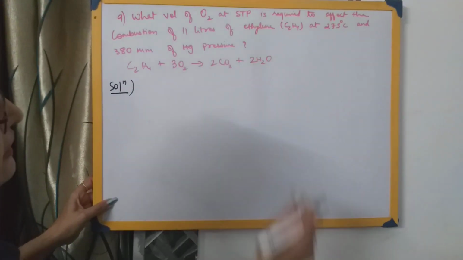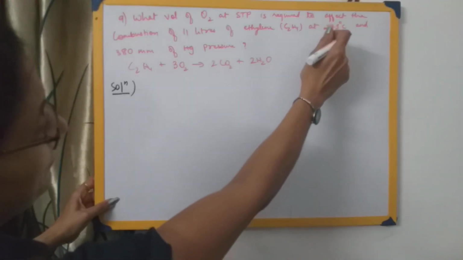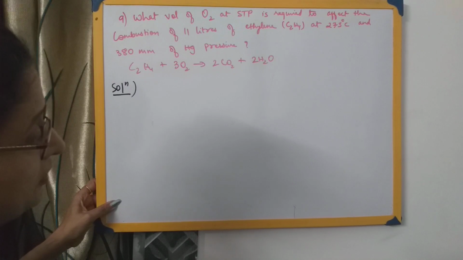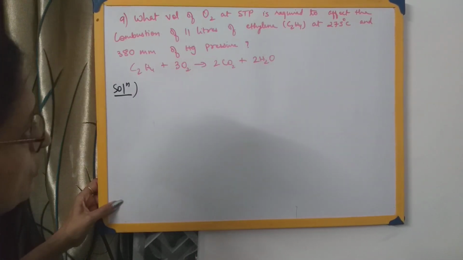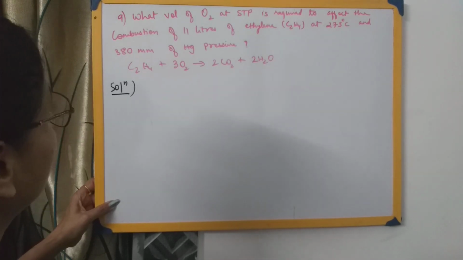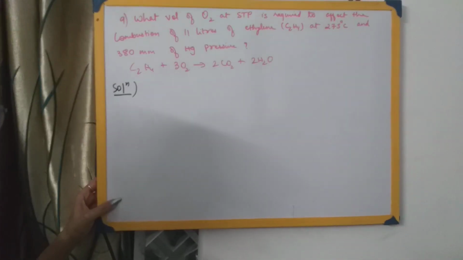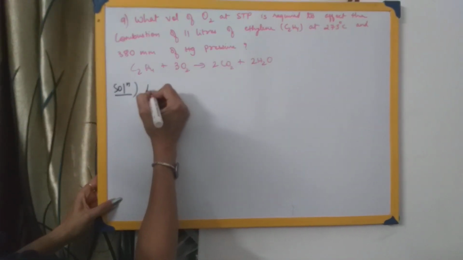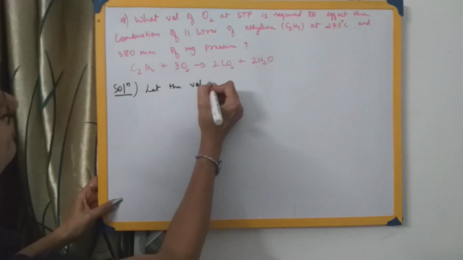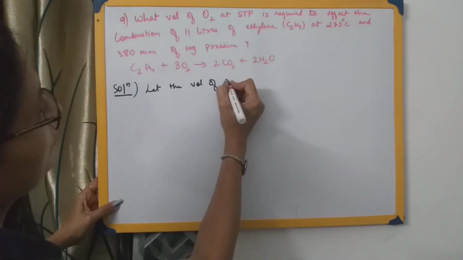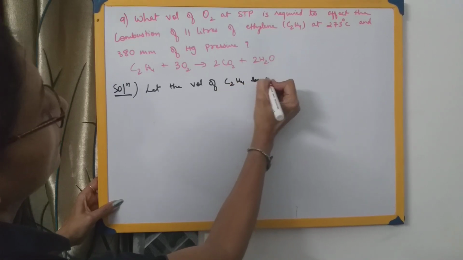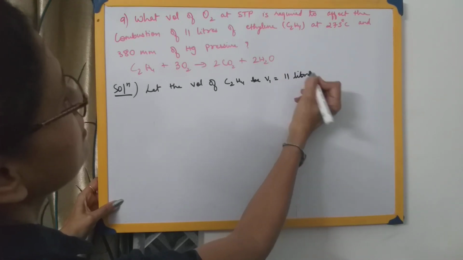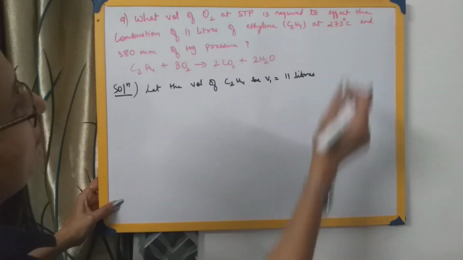We have been provided with 11 liters of ethylene and a certain temperature, 273 degrees Celsius. Here we have been provided with pressure, which was not given in the earlier equations, and those earlier reactions had followed Gay-Lussac's law, but this is slightly different, where we have been provided with temperature and pressure. So it suggests that it must be following some Boyle's law, Charles' law, or gas law. So let us see which law it follows. Let the volume of ethylene be V1 equals 11 liters that we have been provided, 11 liters of ethylene at 273 degrees Celsius.